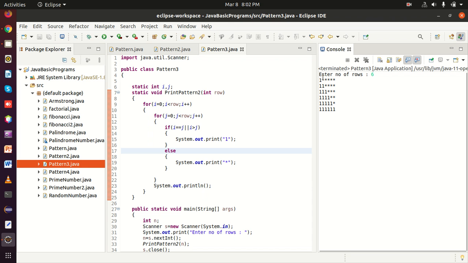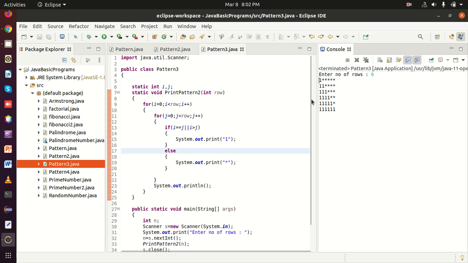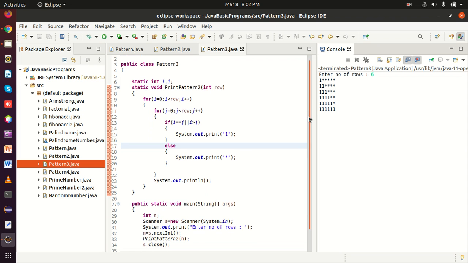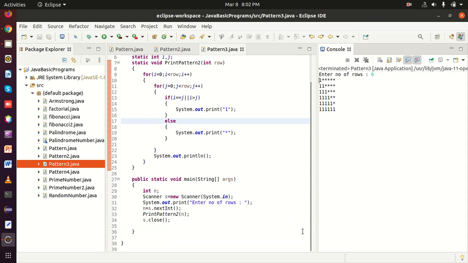Okay, so whatever code I have written, you can see here. Just go through the code one by one. Everything is the same as the previous one, the only difference is the code of the loop. Within the loop I made the changes only, and due to that change the pattern is going to change. Okay, so write it clearly.